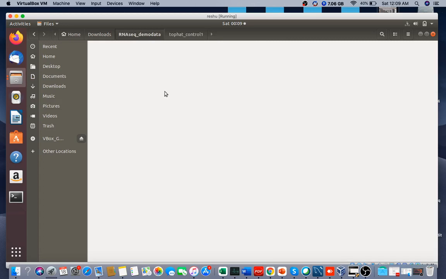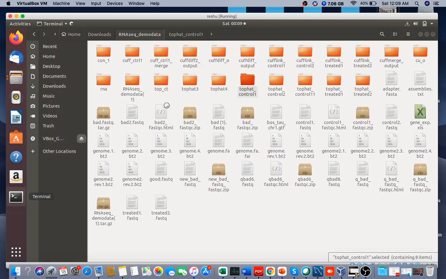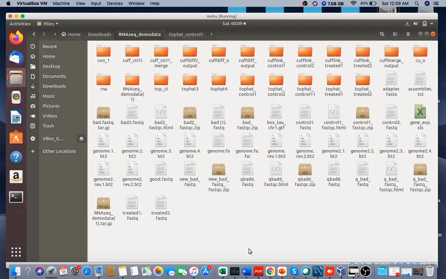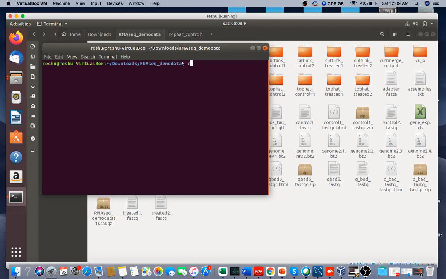So for running the Cufflinks command, what we can do, we can type cufflinks, then -o, then whatever output name you want to give, let's say control 2, then the GTF file, press the tab key, and then you need to provide the file for control 1.